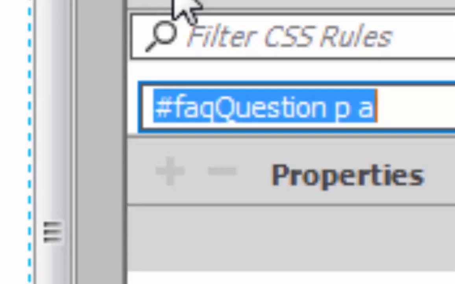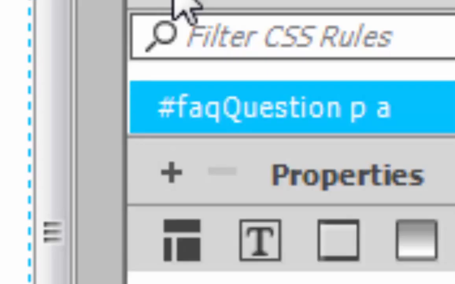In this case, we're targeting anchors. I'm going from right to left. Anchors, which are the links, anchors that are in paragraphs, and all of our anchors are in paragraphs because we put everything in a paragraph first, that are inside of this div FAQ answer. So this is exactly what we want. So I'm going to hit enter, and now I'm going to